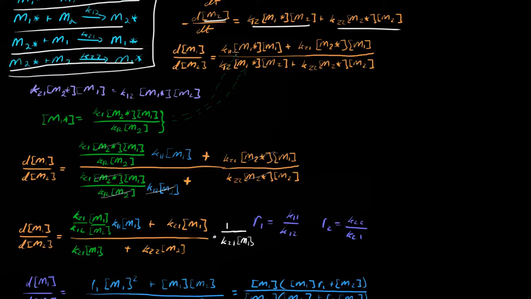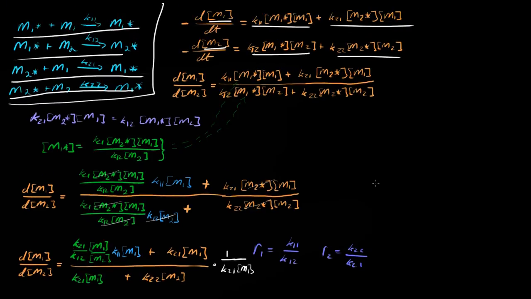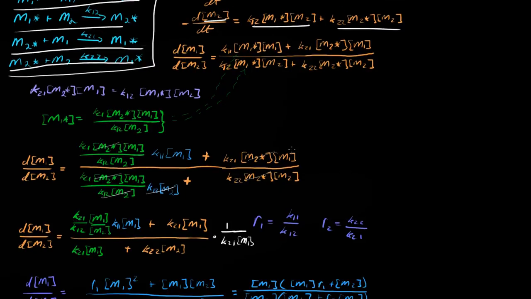So, all we want to do is just divide these two equations by each other, and that will get rid of the dt's. So then we just have this equation where we have the change in monomer 1 with respect to the change in monomer 2. Now, one of the bigger steps is if we assume the interconversion of the two radicals are about the same. So what we're going to do is we're going to assume